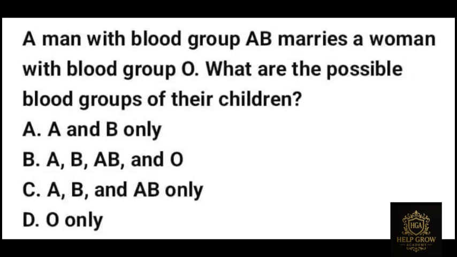Now let's explain. The man with blood group AB has two genes, one for A and one for B. The woman with blood group O has two O genes. When they have children, the father can give either A or B, and the mother can only give O. Therefore, the possible combinations are A from the father plus O from the mother to give group A, and B from the father plus O from the mother to give blood group B. No other combination is possible, so the children can only have blood group A or B, making option A the